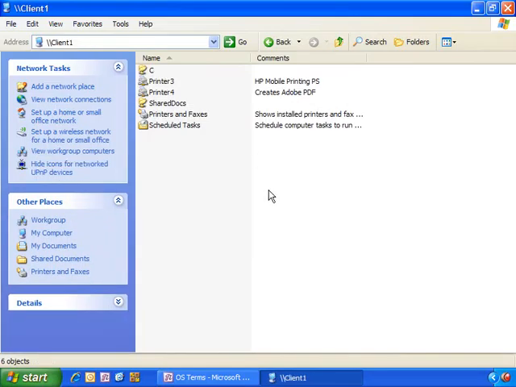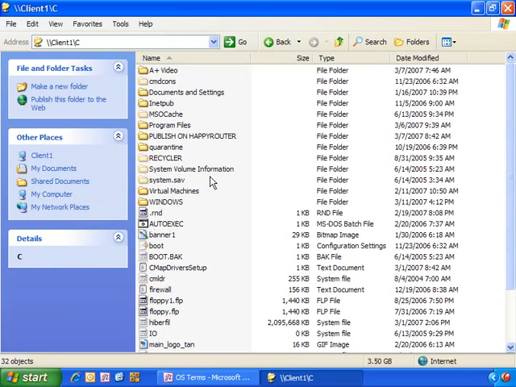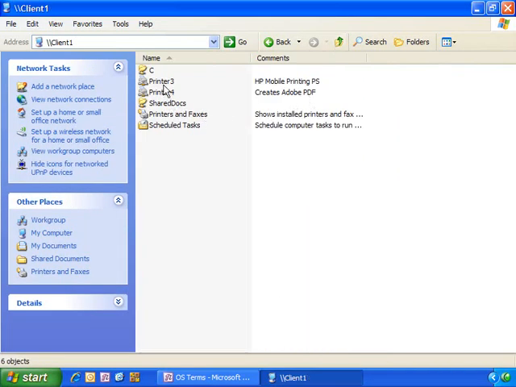So if I go into Client 1, here I'm accessing my own computer through the network. You can see here that I have my C drive shared. This is my root hard drive. If I go back up, I have a couple printers shared, a shared docs file shared, and then this would show all my printers and faxes on the network, and all my scheduled tasks are available to be shown out